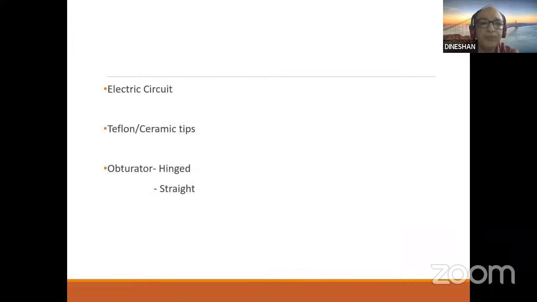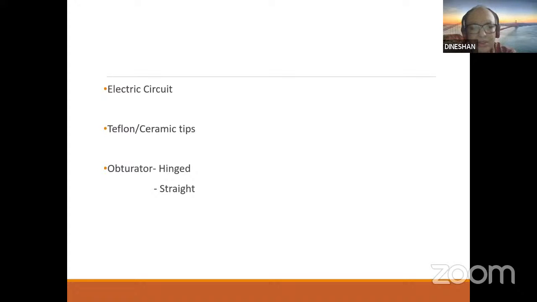From the loop, the current is going to the tissues, and from the tissues it is passing through the patient, and then you have the base electrode, that is the diathermy plate, and through that the circuit is completed. From the loop, through the tissues, through the patient to the diathermy plate, that is how the electrical circuit is completed.